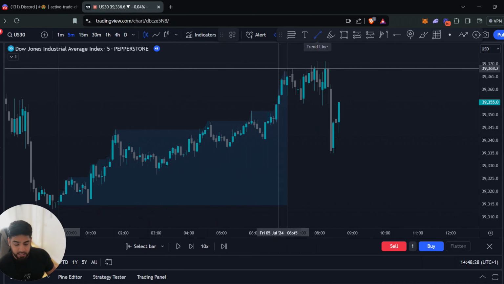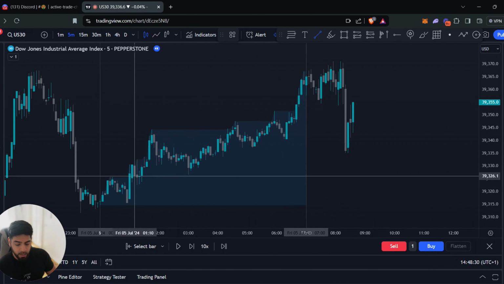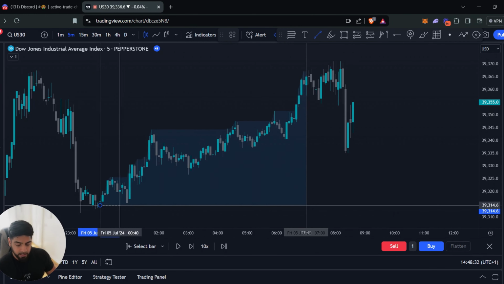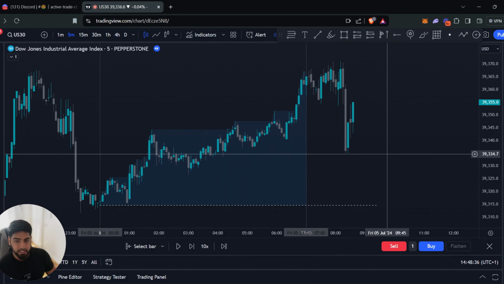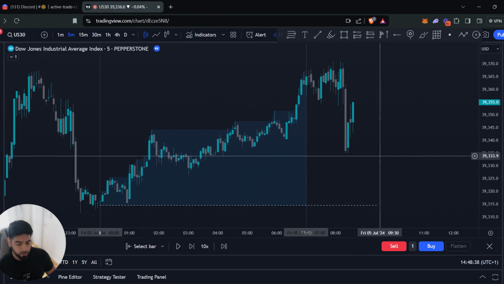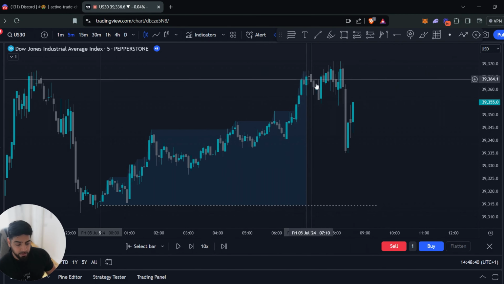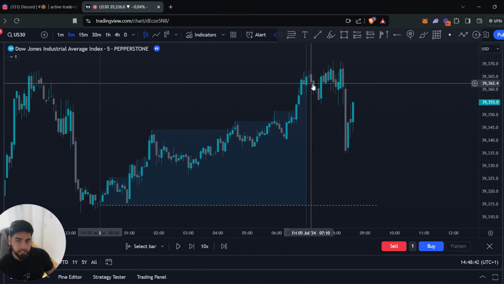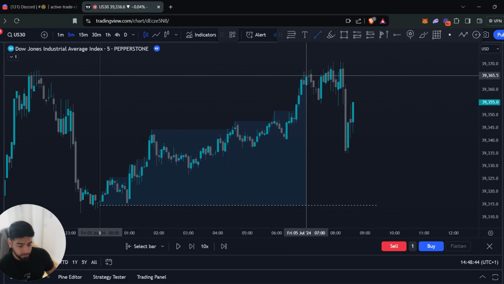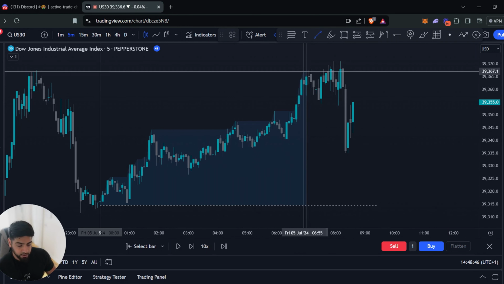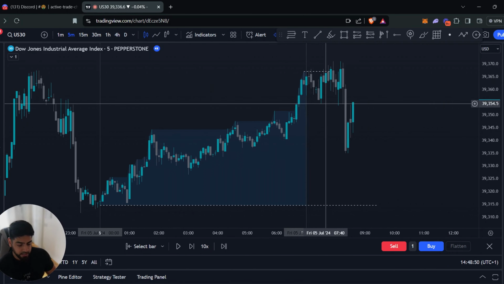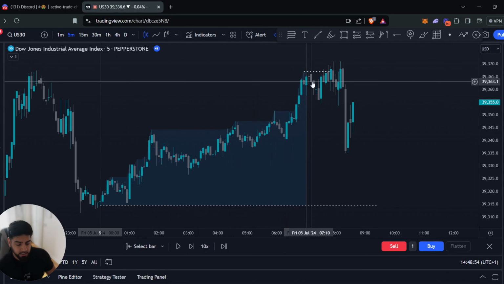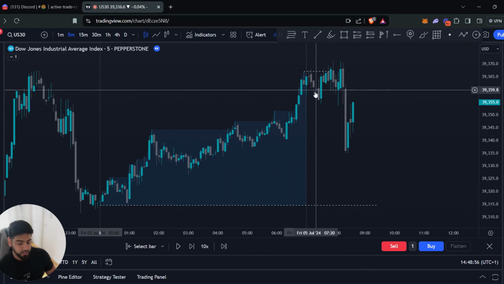What we're essentially looking for is a sweep on either side of this liquidity, a market structure shift, and then a run into the opposite side liquidity, which is either the high or the low. In this instance, we've gone up and swept the Asia high. Essentially, we're sitting on our hands until we get a sweep on either side. In this case, for the first hour, we didn't do anything and just waited for price to give us a sweep of the Asia high.